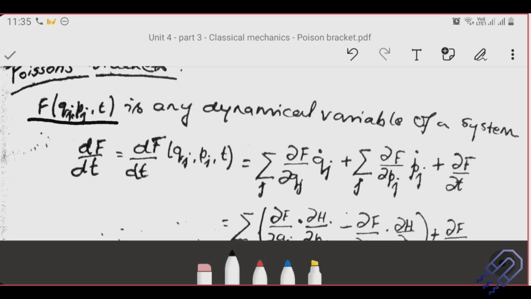Okay. So when we actually take the differential form of this, we can just write it down as df dt of qj, pj, and t. Okay. And if we really differentiate it with respect to time,